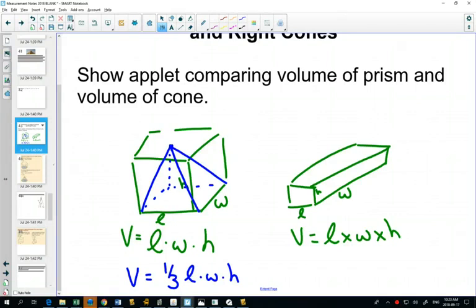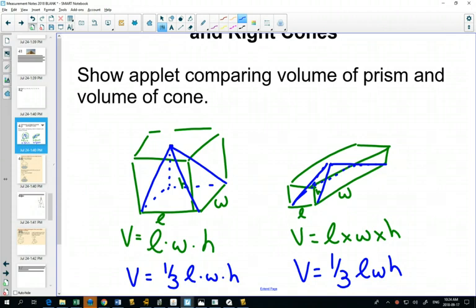This one isn't a cube, though. If I found the center of this one, and drew the pyramid there, do you think the same rule is going to hold? Or do you think it would be different because that shape is different? It's going to be the same. And another shape